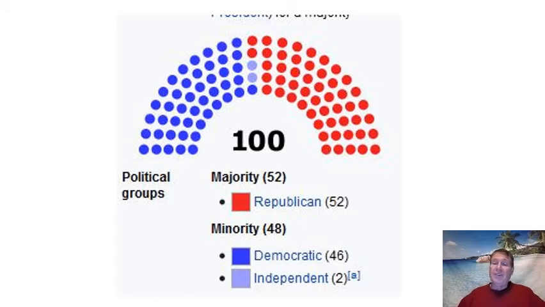And also, oftentimes in the Senate, you might have a third party. They could be called different things. Sometimes they just call themselves independent. But again, the independents usually vote with either the Republicans or Democrats. Right now, there's two independents in the Senate. The most well-known is Bernie Sanders from Vermont, but he votes with the Democrats.